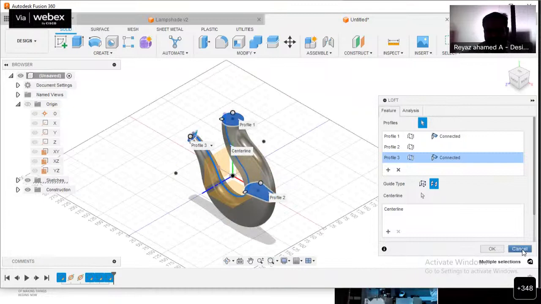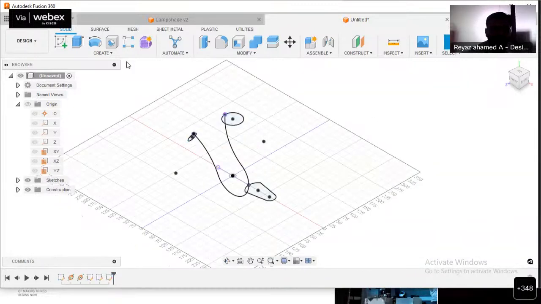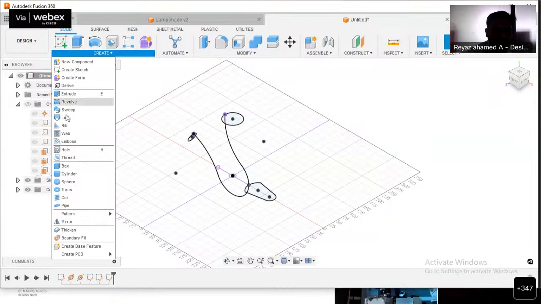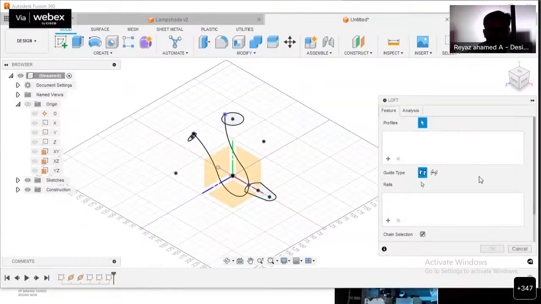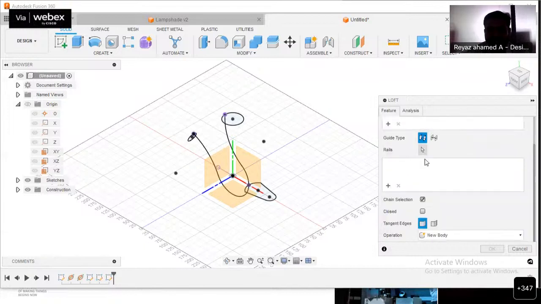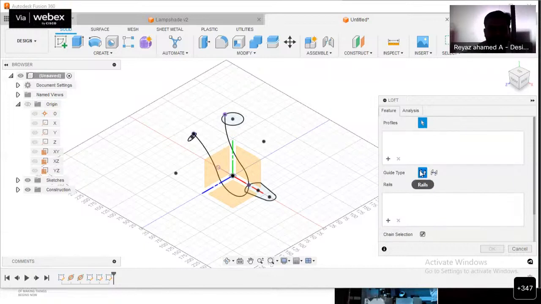Let me explain one more time. Let me just click on cancel. Go ahead with the create option, move to the loft option. Before that, change the guide type to rails or center line. Change it to center line, because if there is a number of guideways, you may choose rails, but here there is only one path.